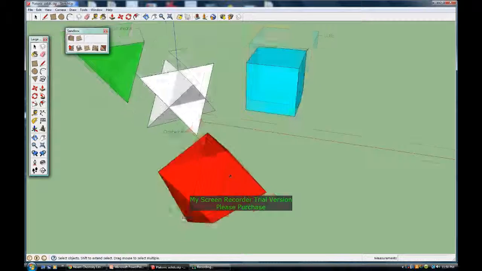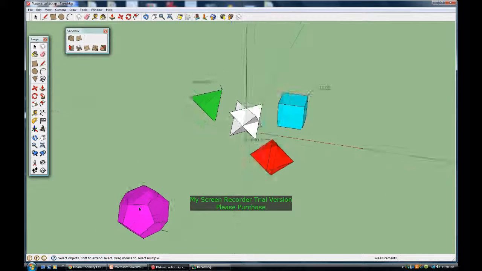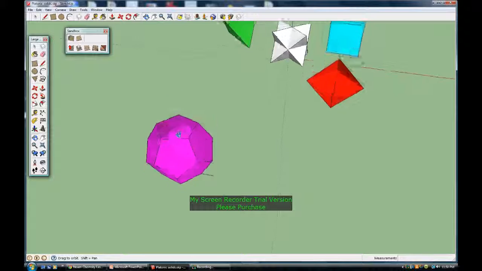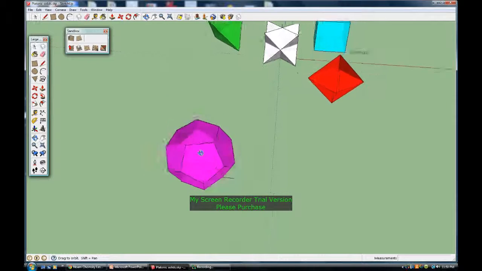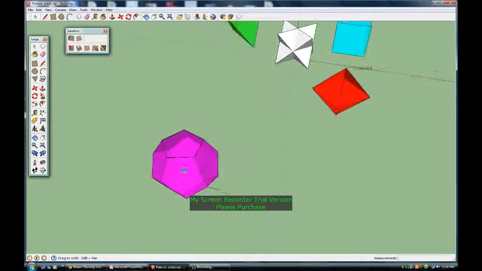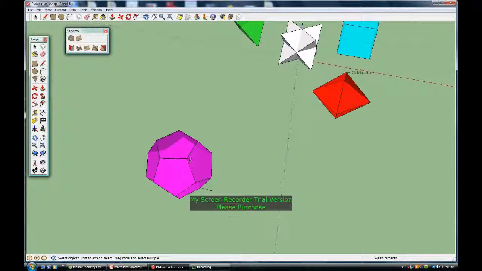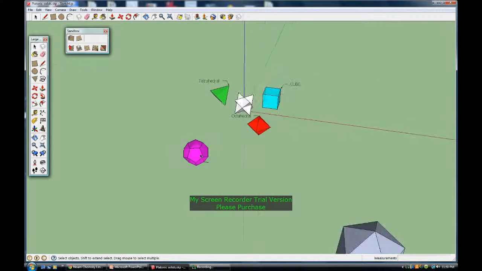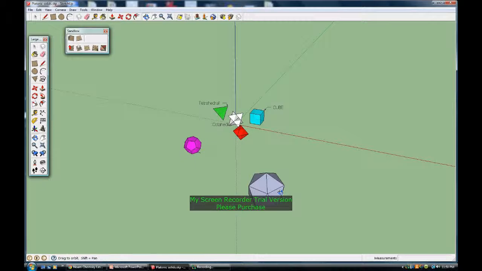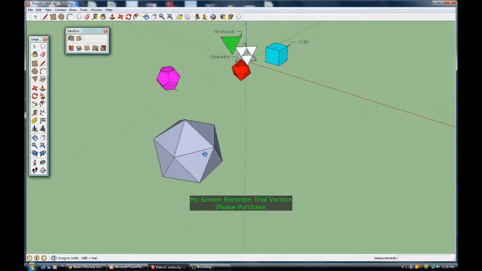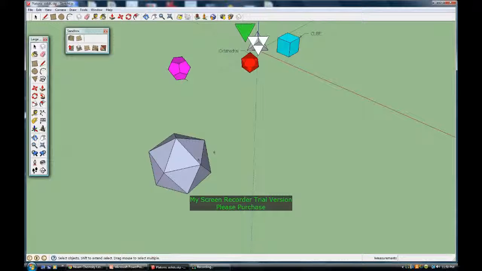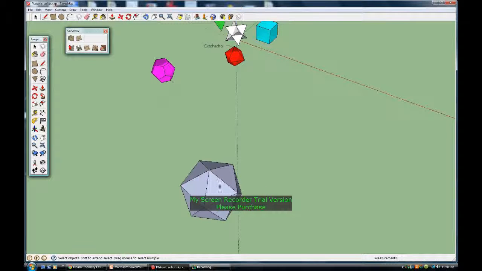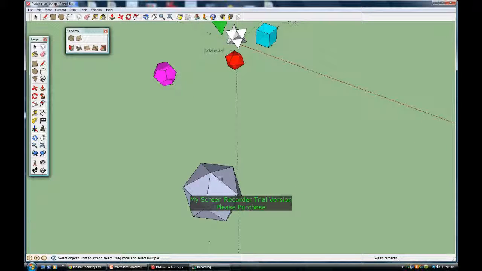And then there are slightly more complicated ones like the dodecahedral, which has five edges on each face and three edges coming together at each vertex, three faces also coming together at each vertex. And the icosahedral, which has three edges on each face, but five faces coming together at each vertex. But all the faces and all the angles are identical. And hopefully you notice that there's a lot of threes and fives going on, and that's all five of them